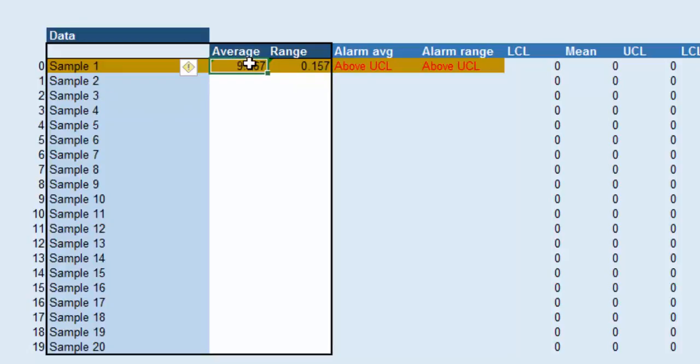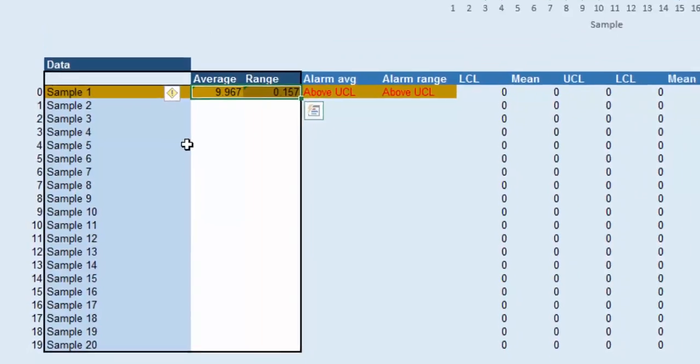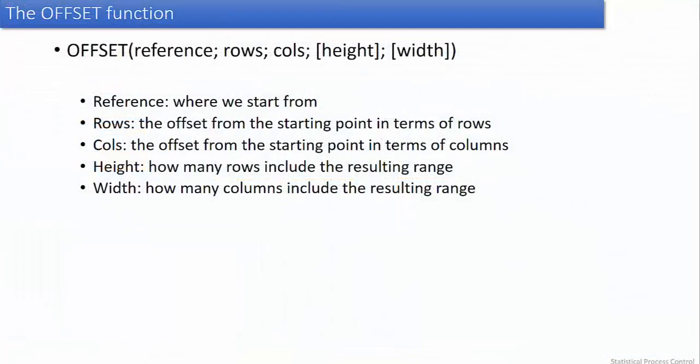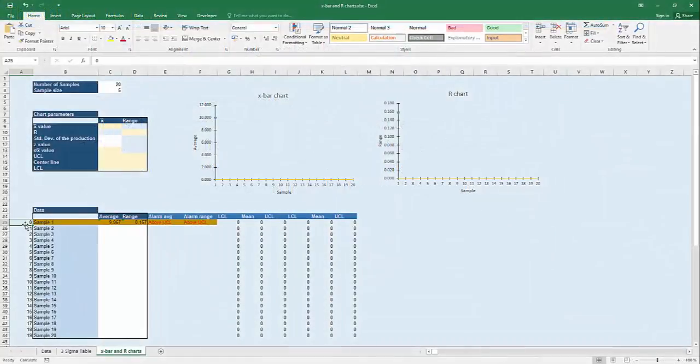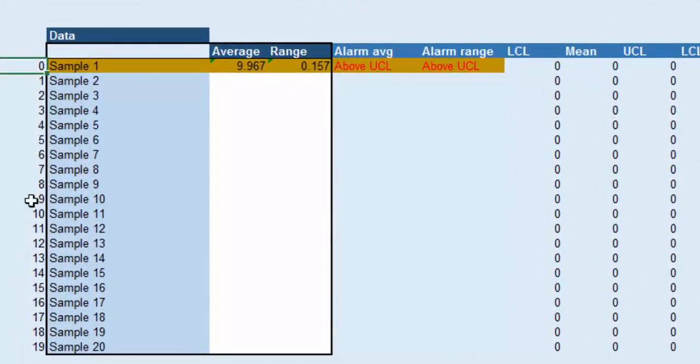We could repeat this step for every sample. Instead, we'll use a very useful Excel function, which is called offset. Offset returns a reference to a range of cells, and we can use it to automatize these calculations. We'll see how to configure its parameters in our example. Anyway, let's help the offset function a bit. We'll just add a series of numbers starting by 0 to the left of the sample name, that is the